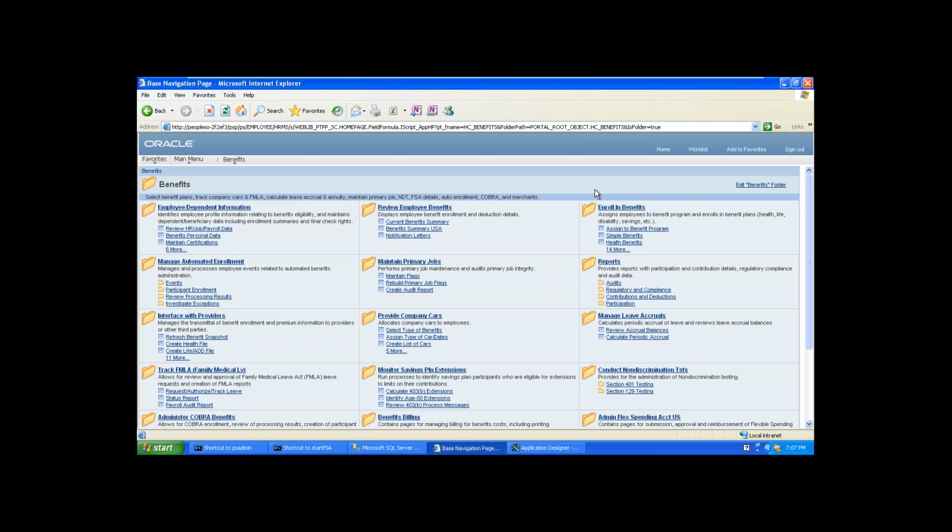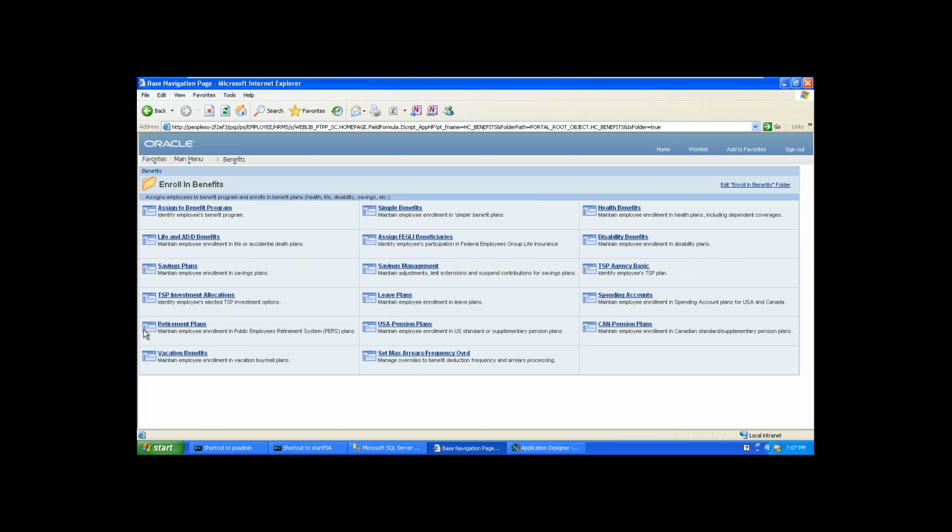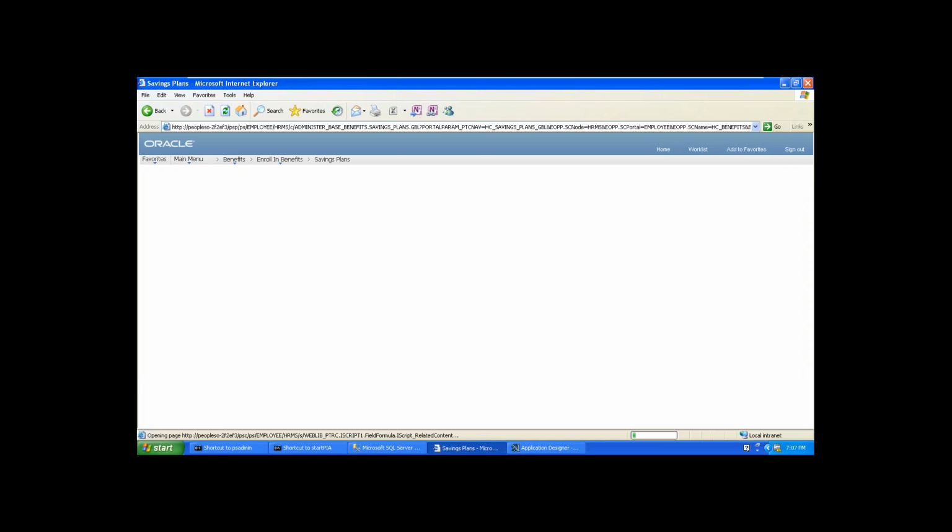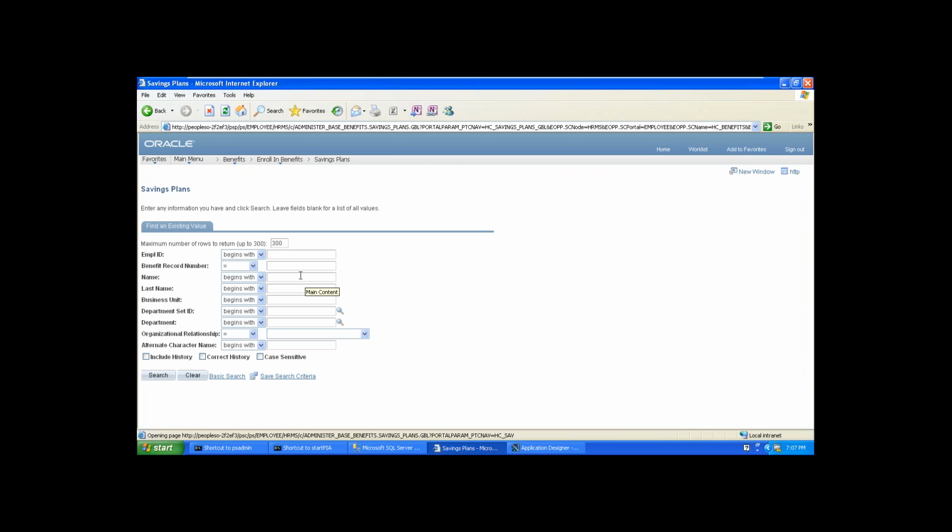Now, among this information, here is the benefits and enrolling benefits. Here, simple benefits, health benefits, life admin benefits, disability benefits, savings plans. Okay, let's say savings plans. We opted the savings plans here. Here, if you click on, if you open any of the employees here,